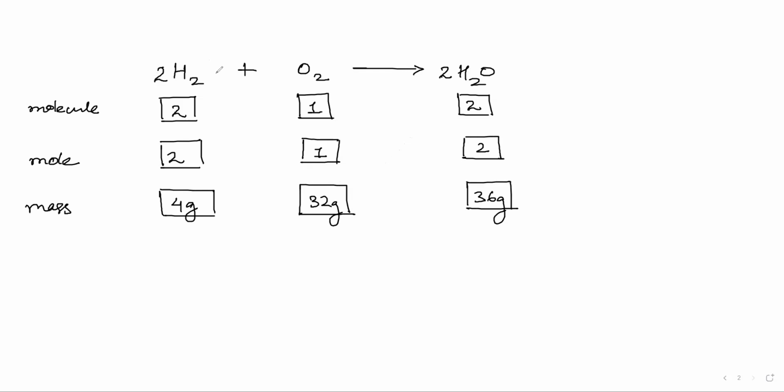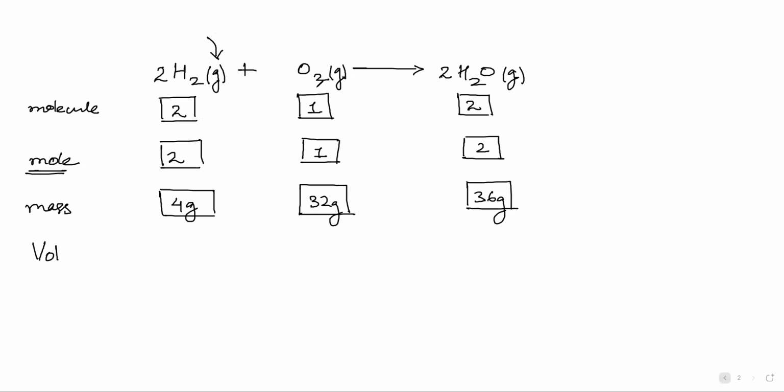Now, we have H2 as gas, right? O2 is also a gas. Now, when we react this H2 and O2, we will get water vapors. That will also be gas, right? Now, when these are gases, we know that when mole is there and when gas is there, we can have the molar volume relationship. We can have the relationship of molar volume, and hence we can also extract information about the volume only when we have gases, right?